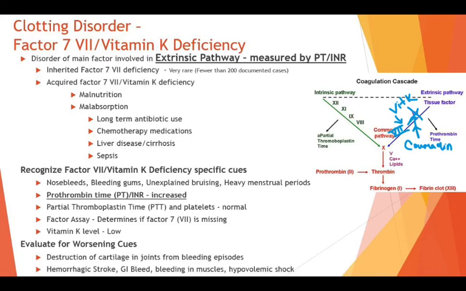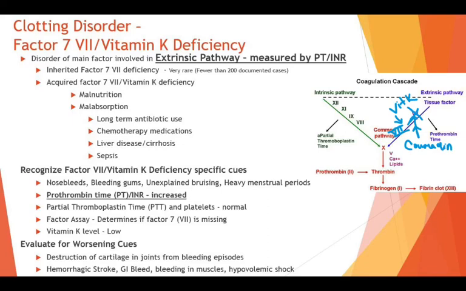So you may see a lot of prep questions on if you're on Coumadin, don't eat vitamin K, because you're just basically overriding what Coumadin is supposed to do. Coumadin is supposed to slow down this pathway. It's supposed to increase your PT-INR, and it's supposed to keep you from clotting. And then if you go and eat a ton of vitamin K, it makes a ton of factor 7, and your Coumadin dose is no longer going to be effective. So there is a relationship between vitamin K, clotting, and Coumadin, but it only works on that extrinsic pathway,